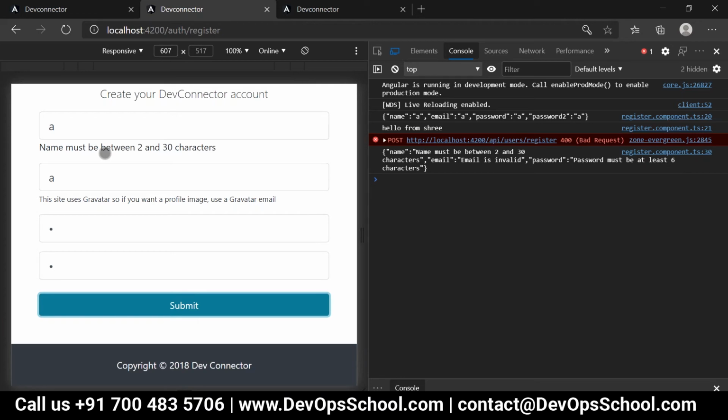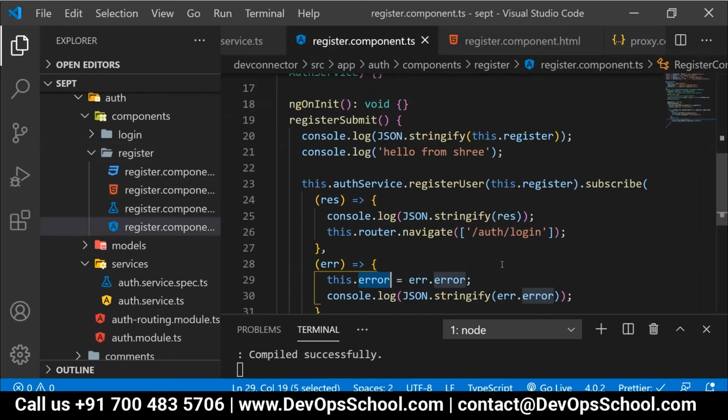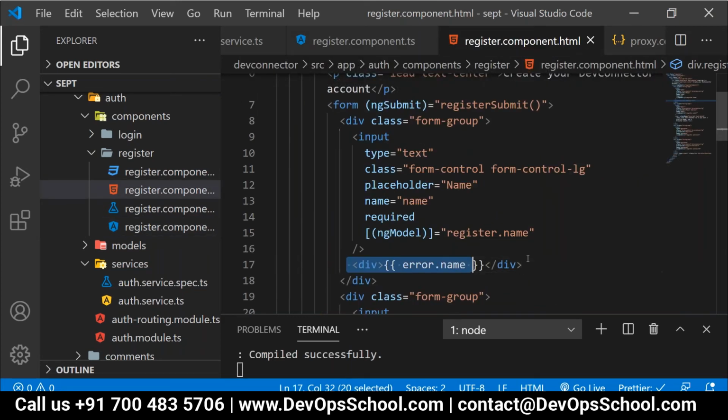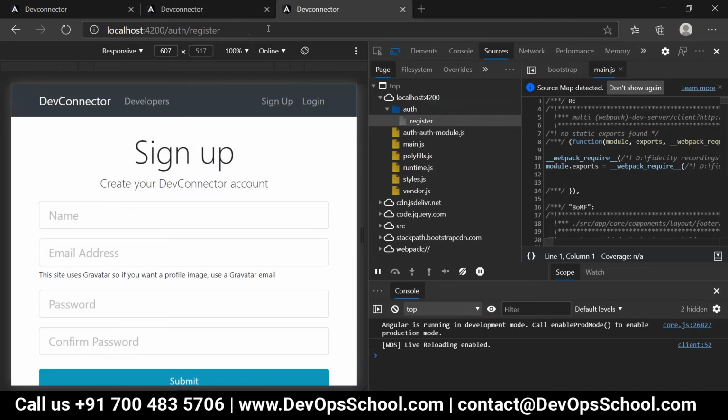This error message, from where are we getting it, people? Whatever error message we received from the backend, have we retrieved that error content or not? How? From this error object. And whatever we are getting, that one, did I assign it to this error? And from this error, am I printing it over the UI or not? But people, tell me, over the UI, can we show something like this?